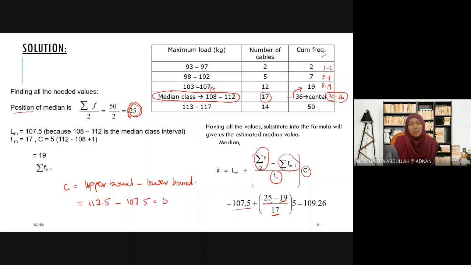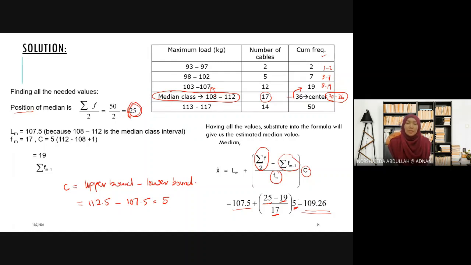So the class size is equal to 5. C equal to 5. Substitute all the values and then we just calculate, press the calculator, plus, minus, times, divide. So we get the median value for this data set is 109.26,